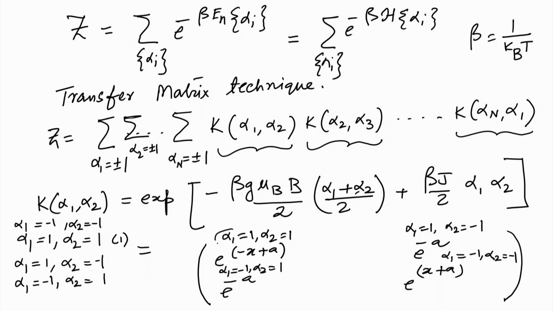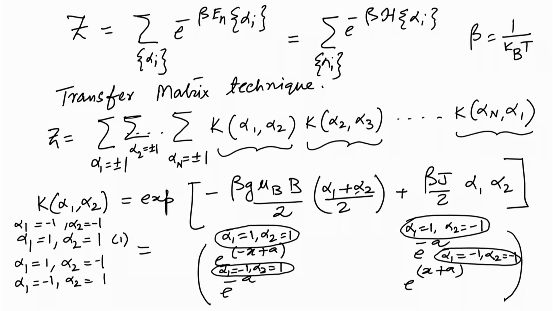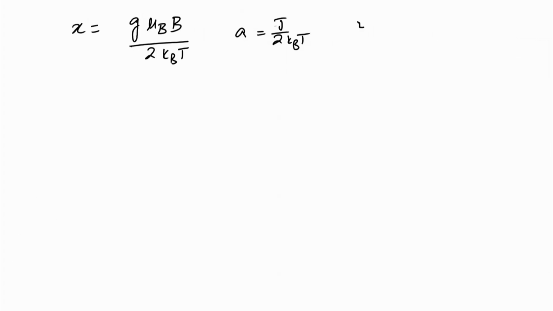So, this is written here. You should do it and convince yourself that you get a matrix of this kind for these 4 unique combinations, and this is the matrix that we have to solve. And so, x is equal to g mu B B by 2 kT and a equal to J over 2 kT, and so we have the full Z, the total partition function can be written as the trace